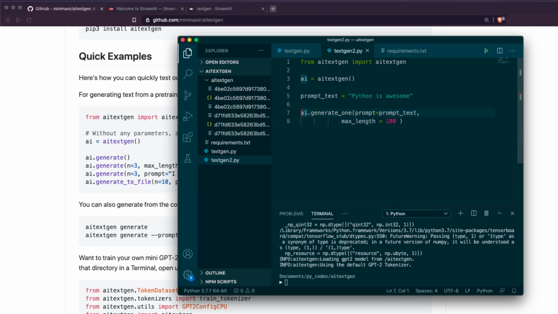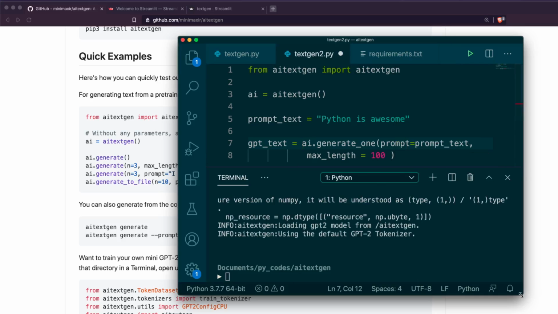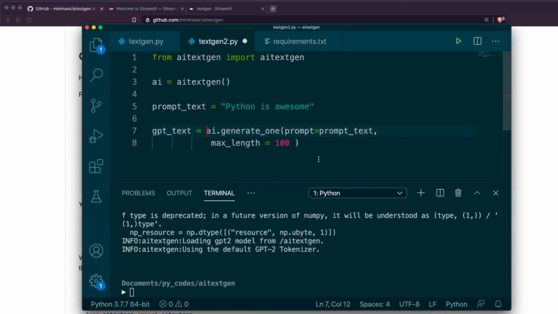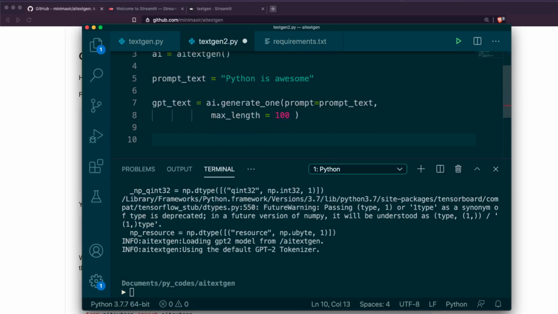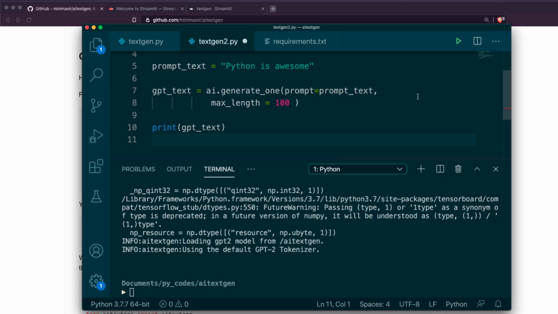So what we can actually do is, we can call something called GPT text. I think you can see the screen, otherwise I'll just make it slightly bigger. Yeah, I think this should be good. You can see this. Now we can call it GPT text, and then we can print GPT text. Once I run it,